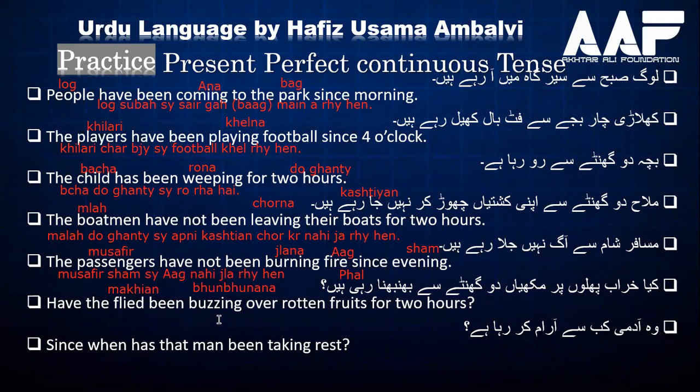I think this is flies. I have maybe written it wrong. So have the flies been buzzing over rotten fruits? Rotten means kharab. Fruits means phal. So the translation will be, as it is a question, so first of all we will write kya, because we have not specified with the word where, how, which. So we will write kya makhiyan kharab